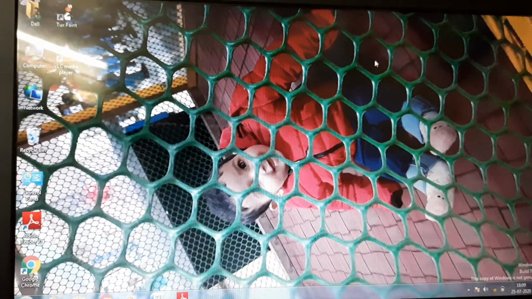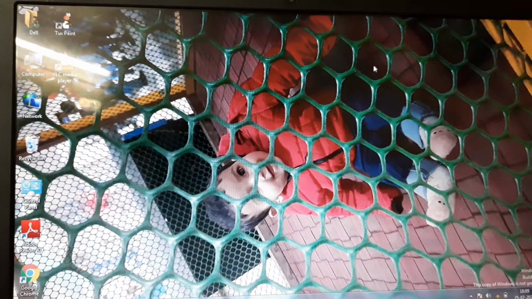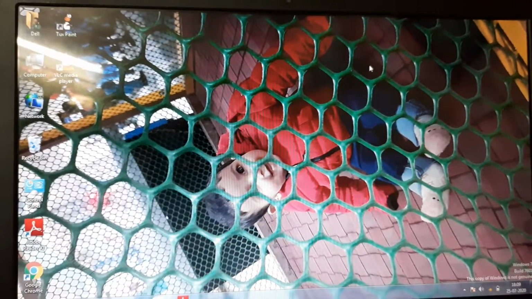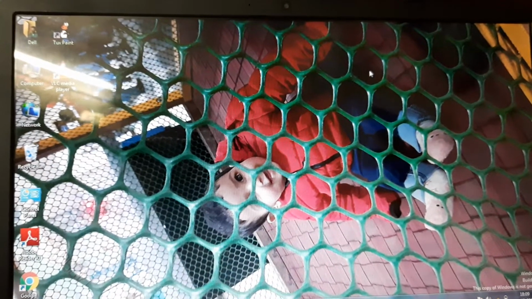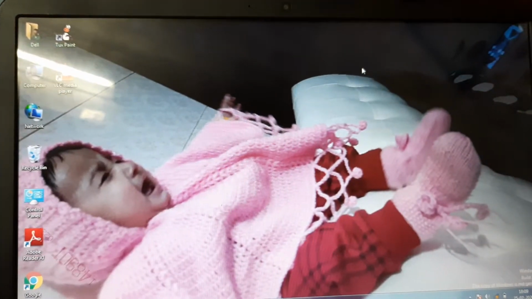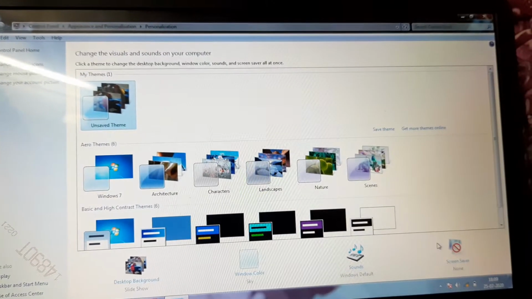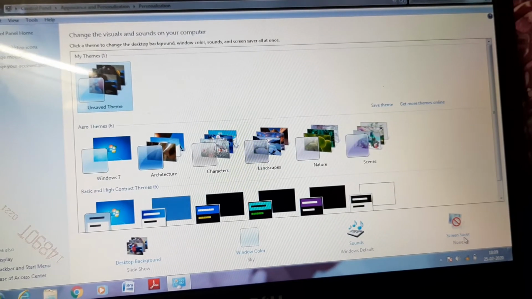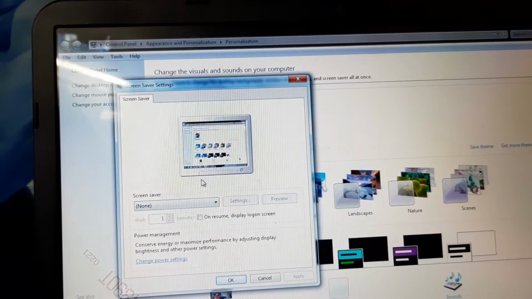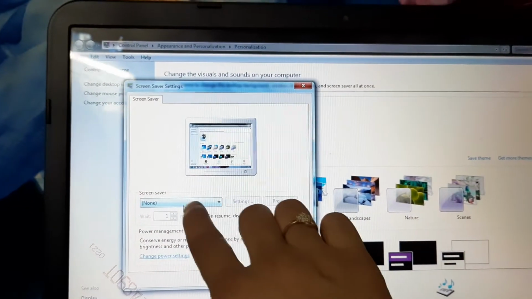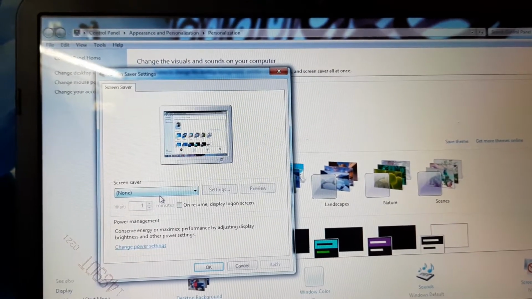Okay, now let's go to how to change the screensaver. You all know how to change the screensaver. Now I'm telling you again another method of displaying a screensaver of your name. If I right click on the desktop, I will go to the personalize option. Then I will go to screensaver. When I click on the screensaver, this screensaver dialog box will open. Here it is written screensaver drop down menu, none. If I want to create a screensaver of my name, I will click on this.